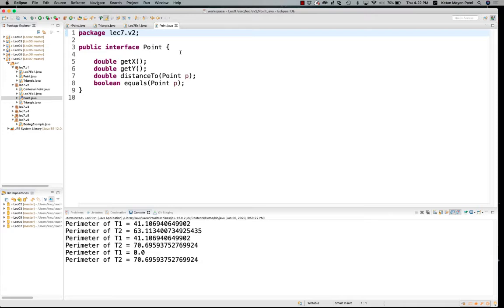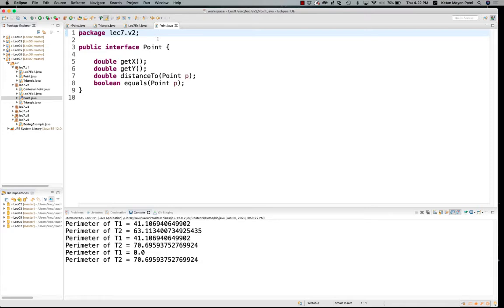And so now I'm defining an interface Point. I haven't declared any fields. I don't know how this point is being implemented. I don't know whether its field name is X or Y or A or B or xCoord or yCoord, and I don't need to know, right? Because a point that